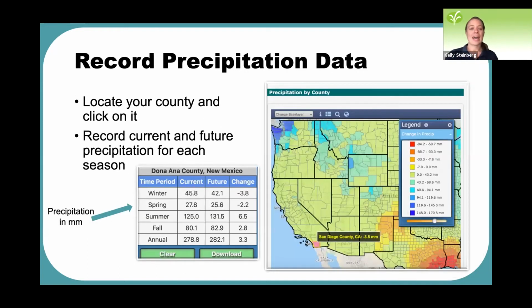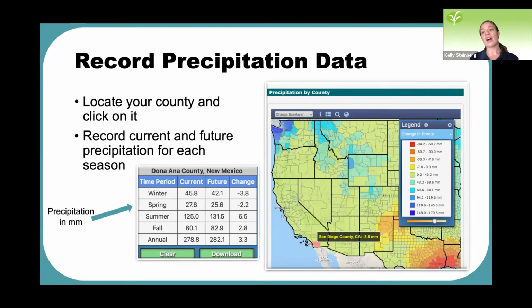So we're going to be looking at precipitation data and temperature data today. And we're going to send you to a website. This is the model Dr. Gutzler was talking about, where this interactive map has county level data. So you can click on any county in the country, and it will give you, this doesn't match up with the county here, but it'll give you the current or historical data for all the seasons and annual, and the future predicted by the models, those 20 models combined, and that was 2040 through 2070, I believe.